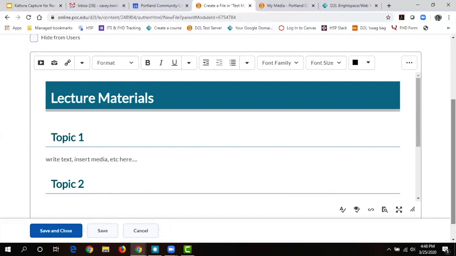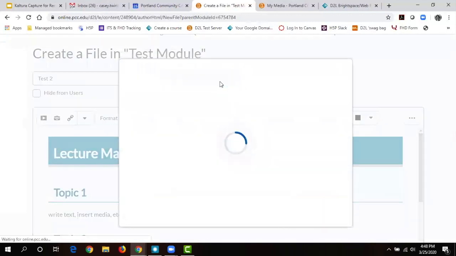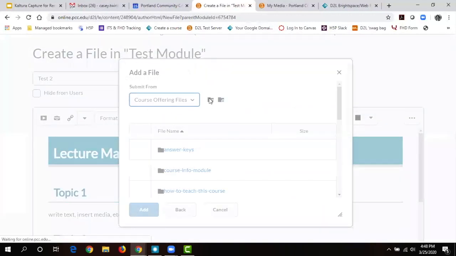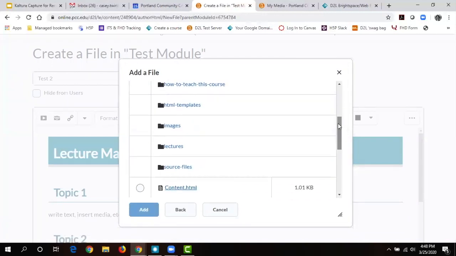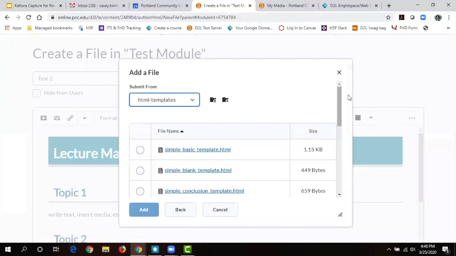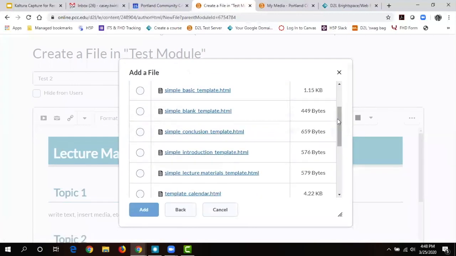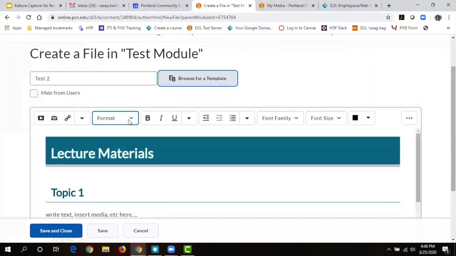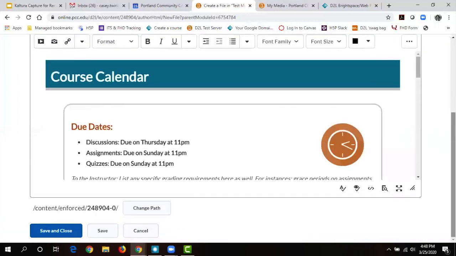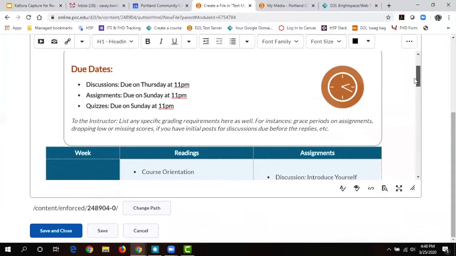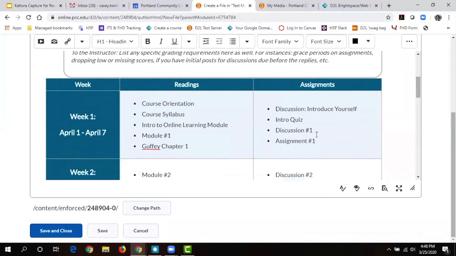One of the options there seemed to be calendar. Does that mean that you can put something on set days? Yeah, let me show you the calendar. The calendar is really just a pre-built table. It's not interactive. It's still just something for them to look at. Let's see, where is that template? Yeah, so this is just something for them to reference. It's not going to be talking to any other part of D2L, but you can put